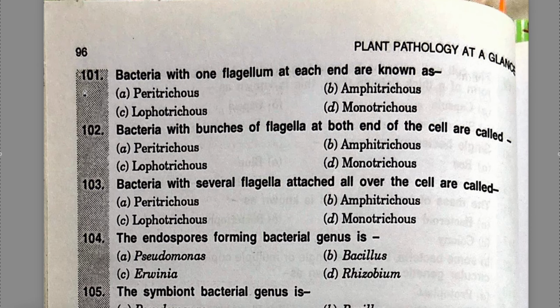Question 101. Bacteria with one flagellum at each end are known as peritrichous, amphitrichous, lophotrichous or monotrichous. By the time you think of the answer, let me draw how this looks. So peritrichous will be the one in which you will see many flagella surrounding it, okay? Whereas amphitrichous,